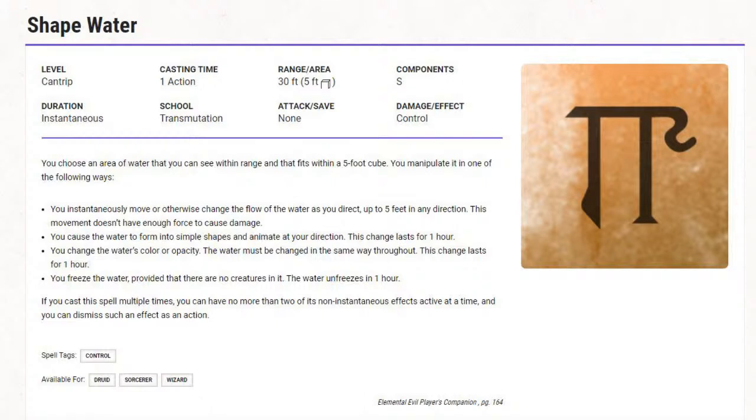But what really stands out for me in this spell is that section where it says, you cause the water to form into simple shapes and animate at your direction. This change lasts for 1 hour. That in itself has the ability to be exploited in combat, out of combat, for deception, distraction, intimidation, and persuasion.